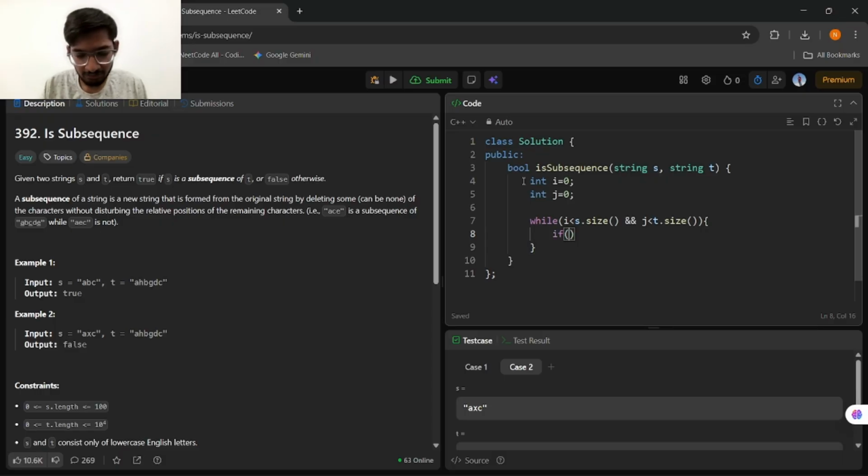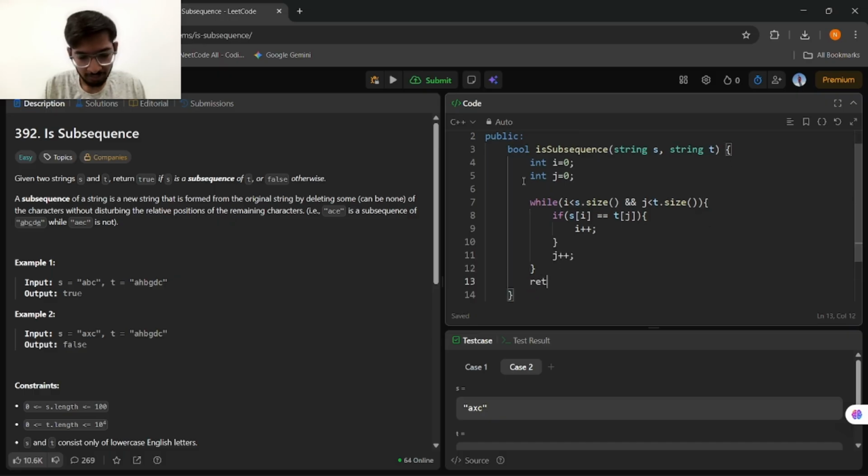If the condition is s of i equals t of j, then i increment, and j increment. Return i equals s dot size.